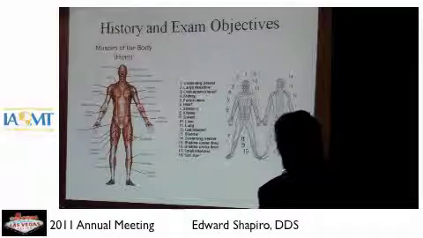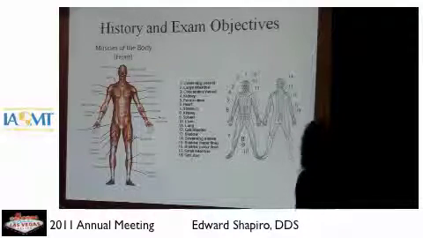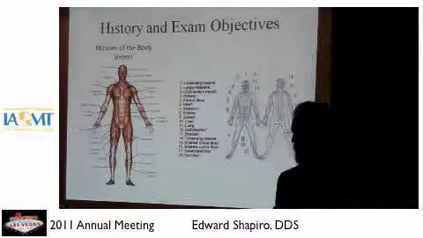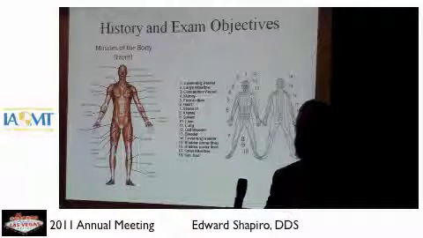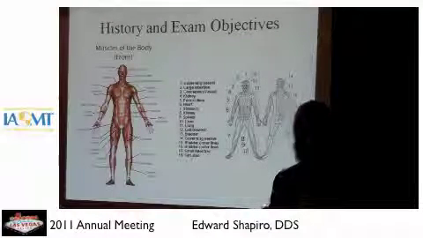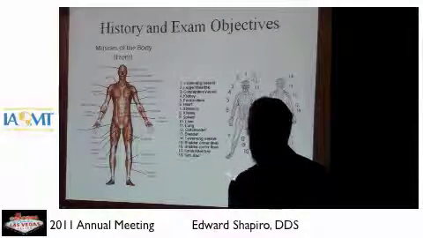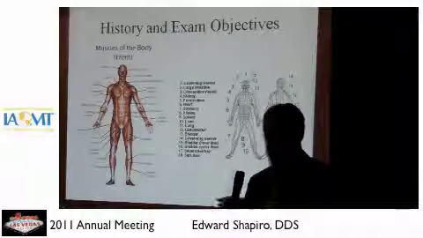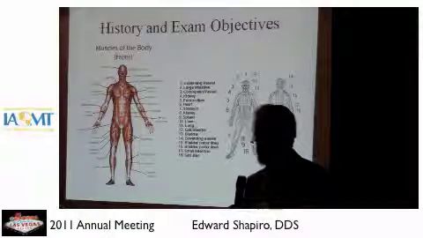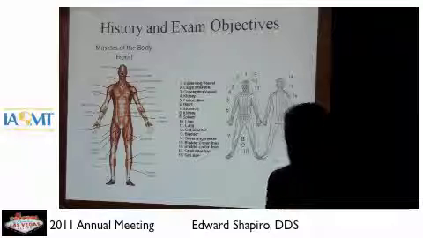Most of the points that we use in dentistry are from the elbow down to the end of the hand and from the knee down to the bottom of the feet. They're very similar to the points you see on the charts. The reason those points are used is that as you go distally in the human body, the energy or chi becomes more external and more accessible, so it's very easy to treat from those locations. It's very easy to treat acupuncture by just using hands and feet, or you can treat from the ears or the scalp. There's a whole variety of valid ways to approach the acupuncture system, and I'll touch on those as we go through the